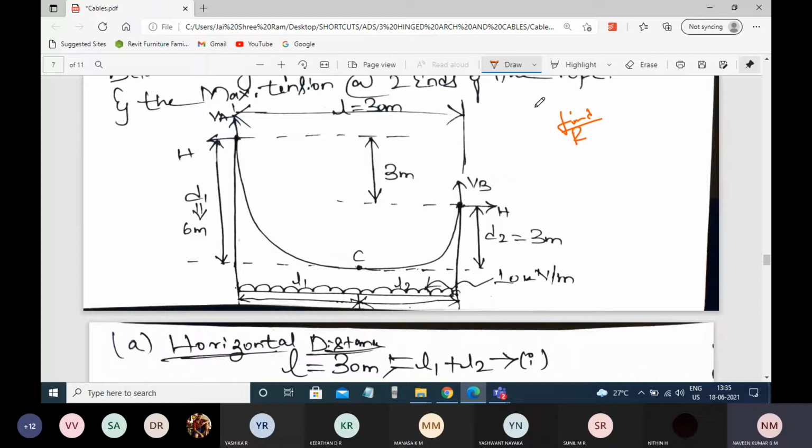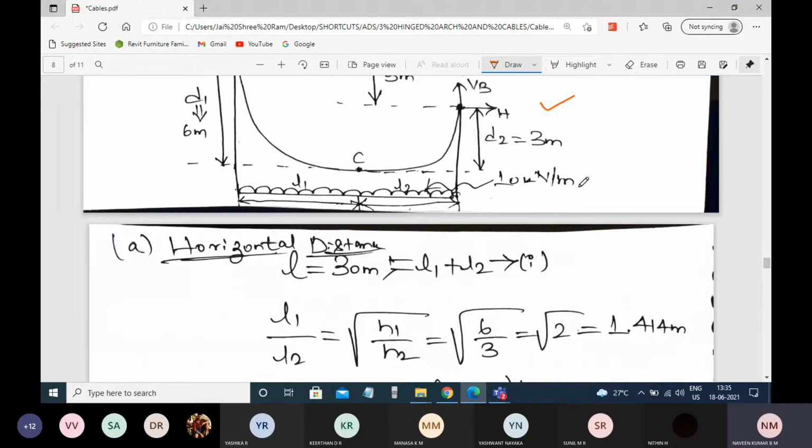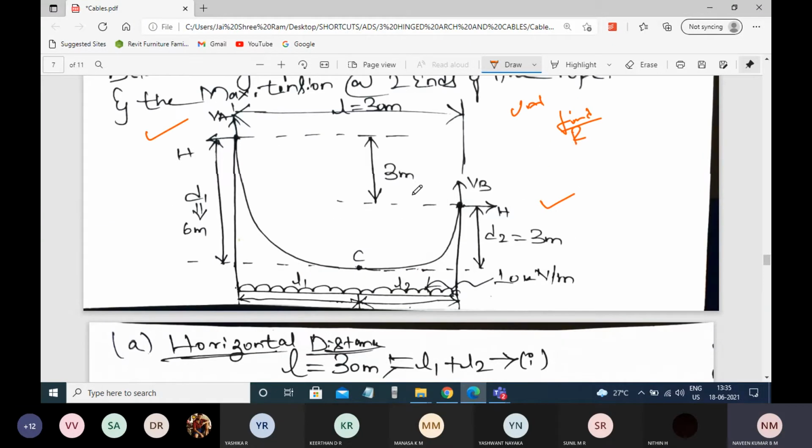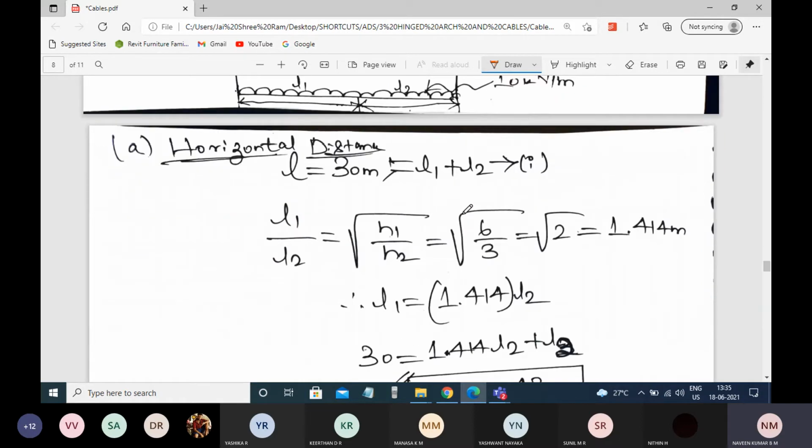And again, understanding the problem is very important in order to get the profile of the cable, the support conditions, the loading, the span, and the dip. Everything is very important in order to get the profile of the cable along with the supports. And here, because of the difference in support level, L1 and L2 are not equal to L by 2. Okay, so it is totally different.